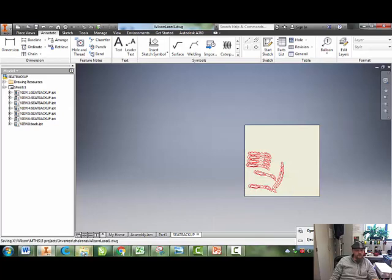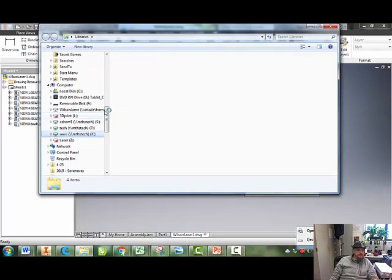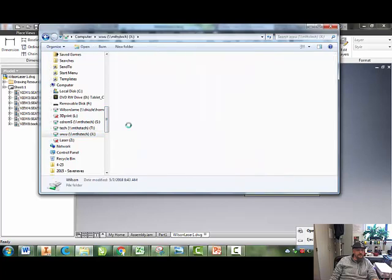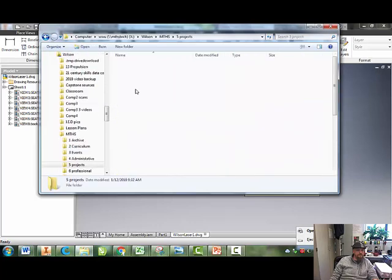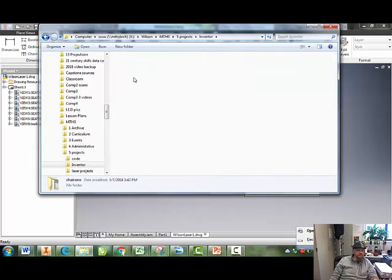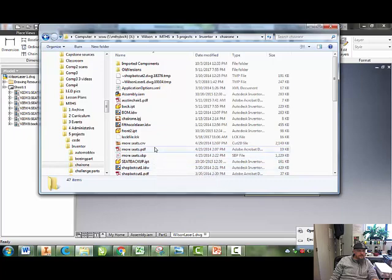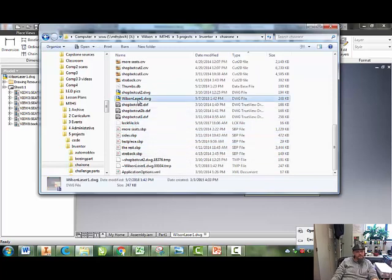Now, I'm going to go to Windows Explorer. I'm going to click on the order of folders I need to. It's called a pathway. To get to my project. And you're going to see a DWG file named what you called it. So there's mine. Next, once you find this file, you're going to right-click on it,